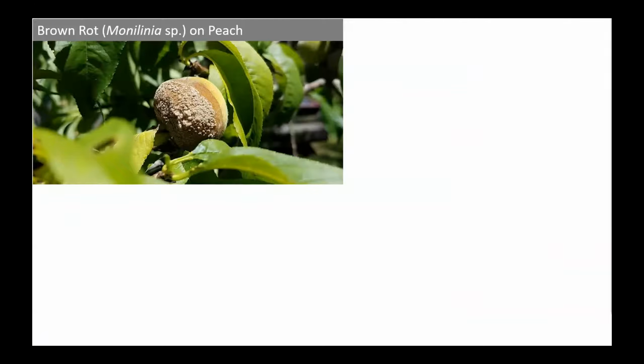Here's a few more examples of good images. So this is a peach. And this was taken on the tree. We've had a lot of good images that people have taken right on trees of foliage and things, but notice that there aren't shadows on the peach. I could see the symptoms really well, and so I could confidently diagnose this pretty common problem on peach as